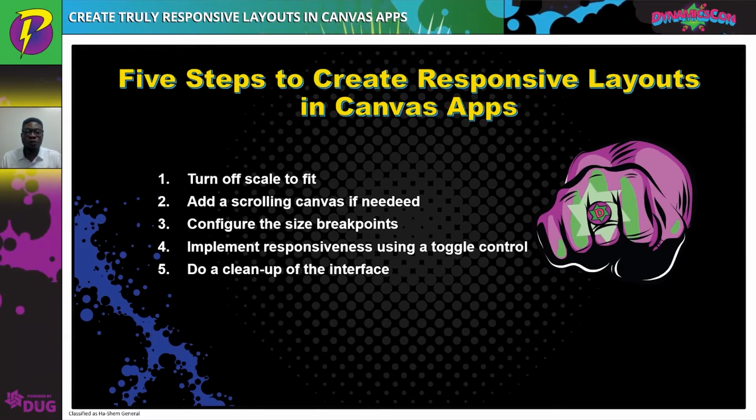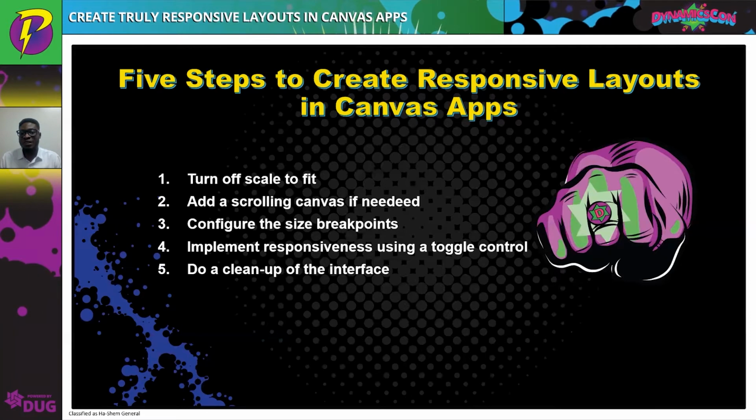Then after you've turned off scale to fit, you will observe that the app is going to expand, okay? Then at this point, there might be some clipping of some elements on your screen. So in that case, you will need to add a scrolling canvas. Then after you've added a scrolling canvas, so that the elements on your screen are going to be visible to the users and the users will be able to scroll, the next thing you have to do is to configure